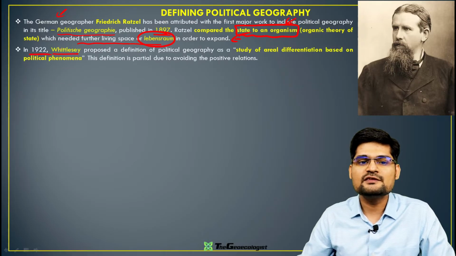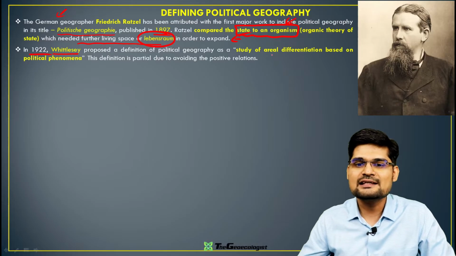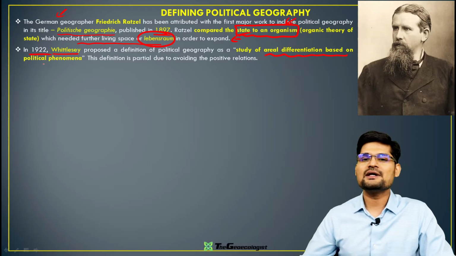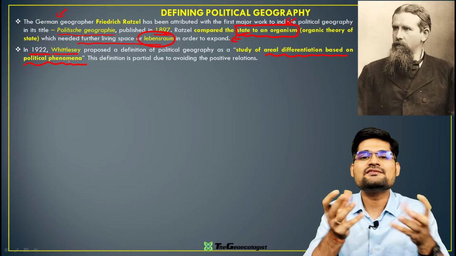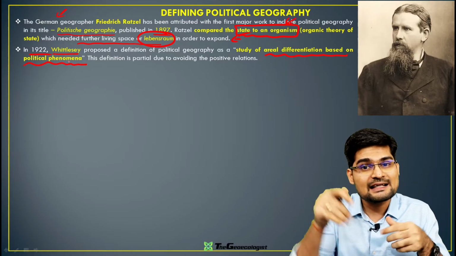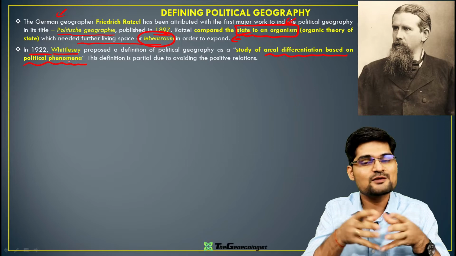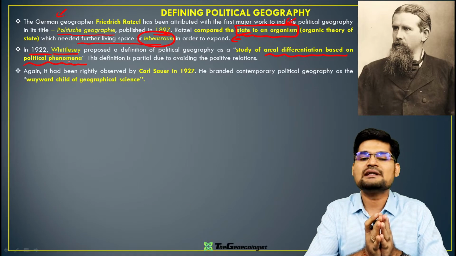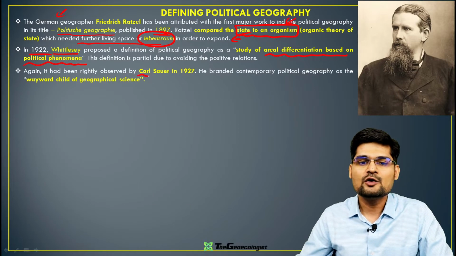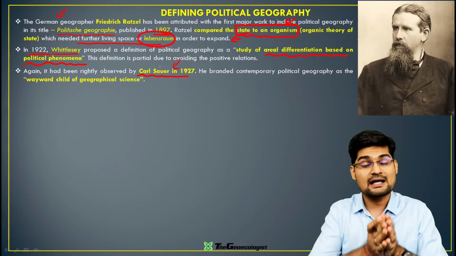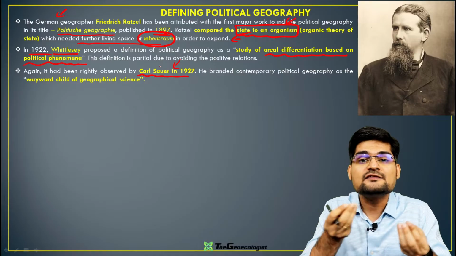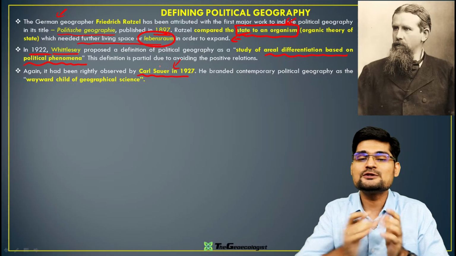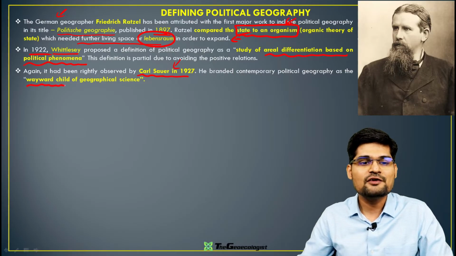In 1922, Derwent Whittlesey proposed a standard definition of political geography as the study of areal differentiation based on political phenomena. Right? So how one area is different on the basis of the politics that is practiced in that area. That was one part. Then the next definition comes from Carl Sauer, who was talking in terms of the morphology of a landscape. And remember, in the construction of landscape, the politics of space is very important. He also talked about something very interesting called the wayward child of